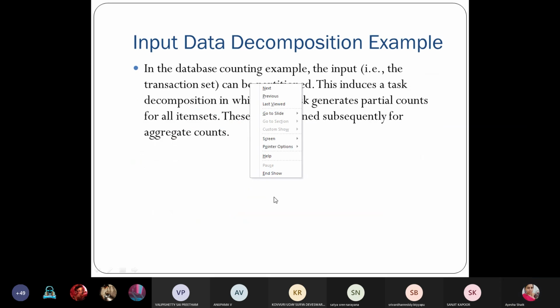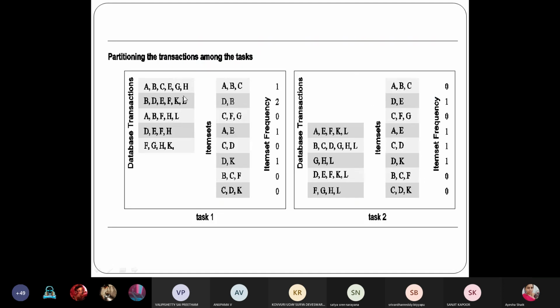Then coming to the input data decomposition example, here we are giving all the item sets to all the processes, and the transactions list alone we are splitting up. So only for this part of the database transactions, what is the frequency of all these item sets?